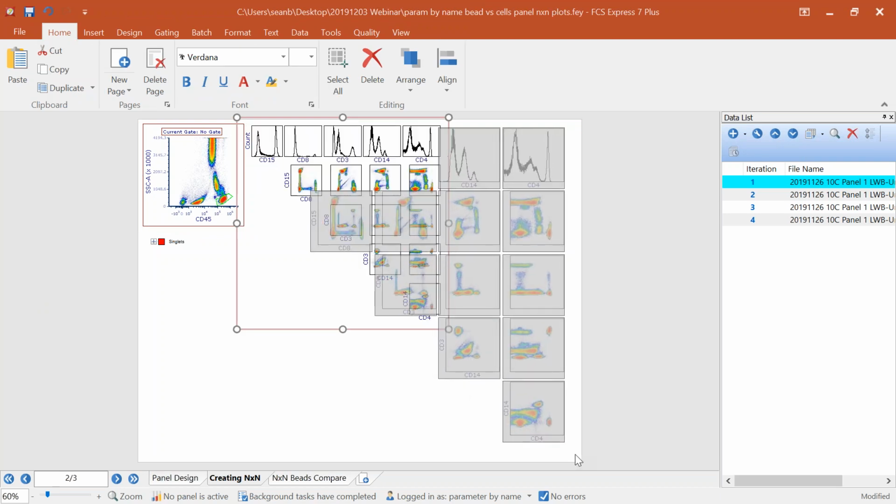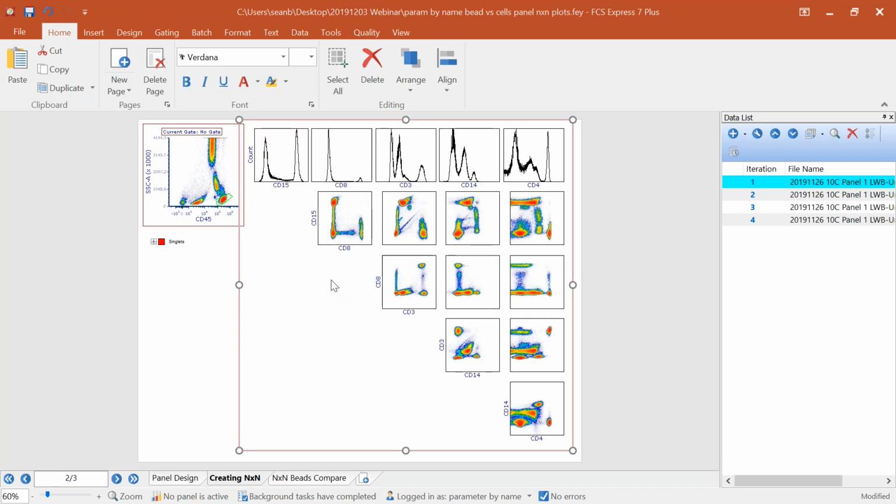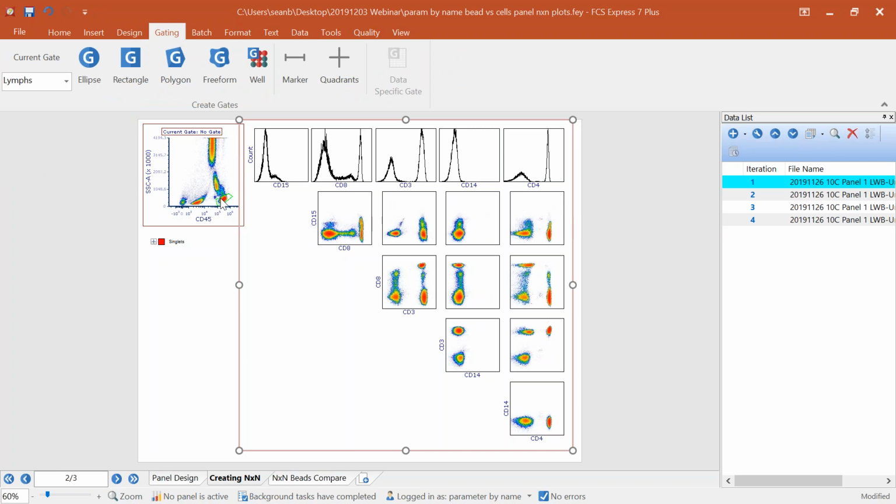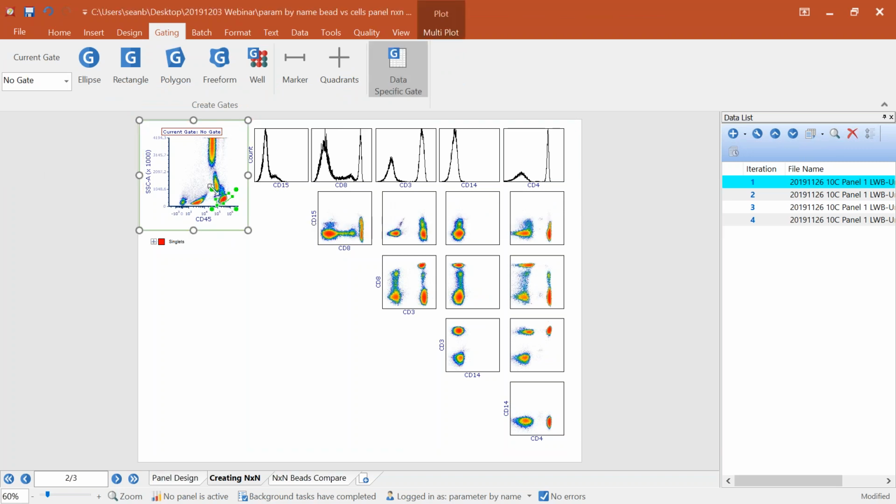We can adjust this matrix to fill out the page, to make it bigger, to make it smaller, however we want to visualize this. And very conveniently, these are grouped together. So if I'd like to apply a gate to every file, every display that's in here, I can choose to apply the gate. We are now looking at the lymphocytes across all of these different parameter combinations,